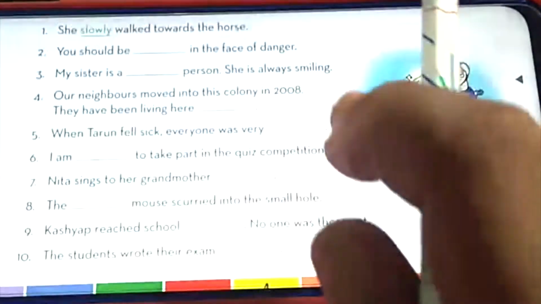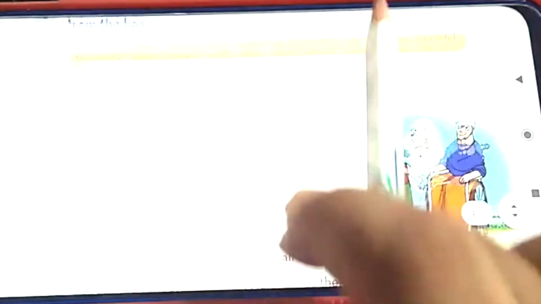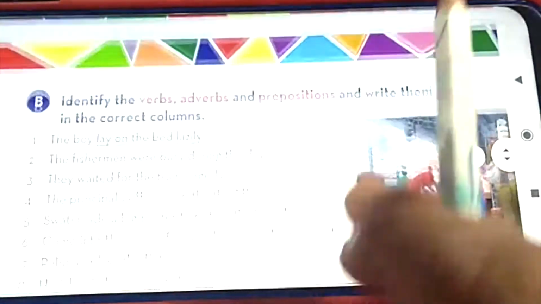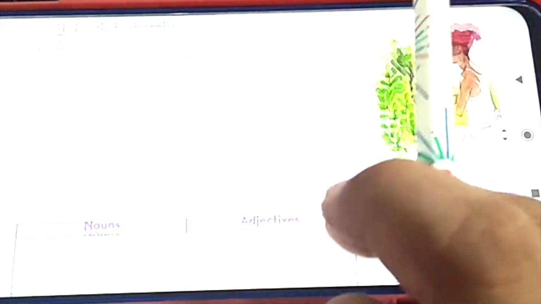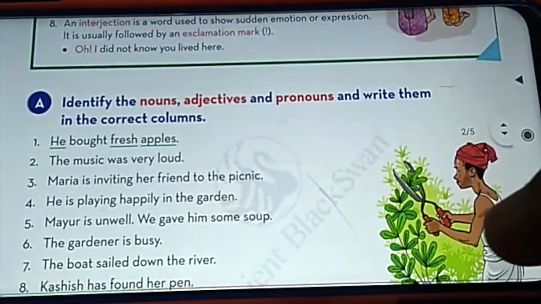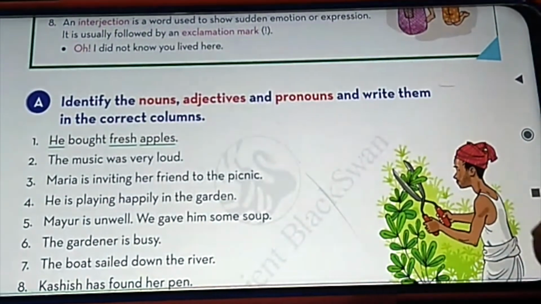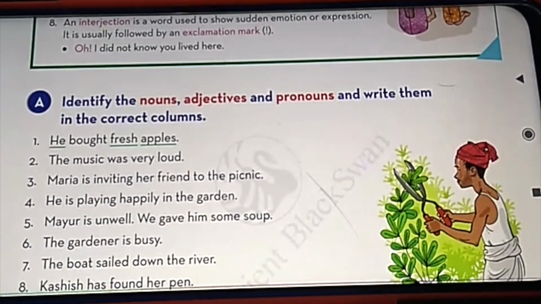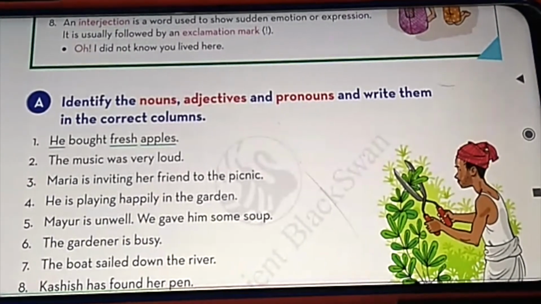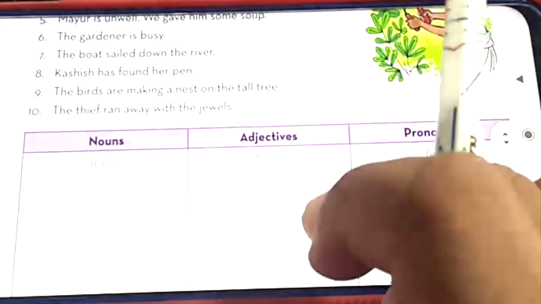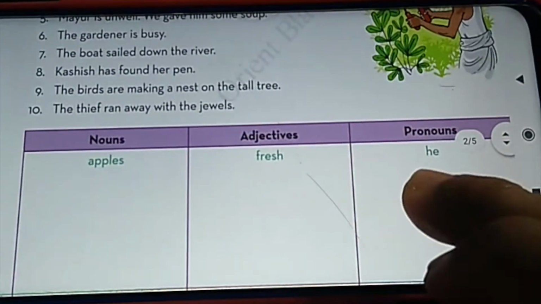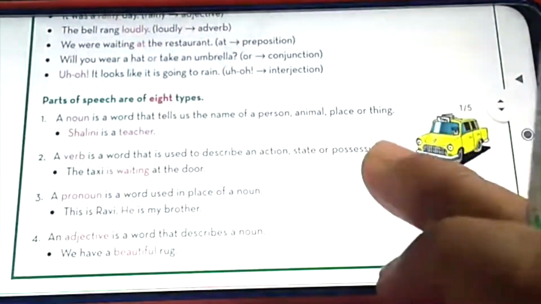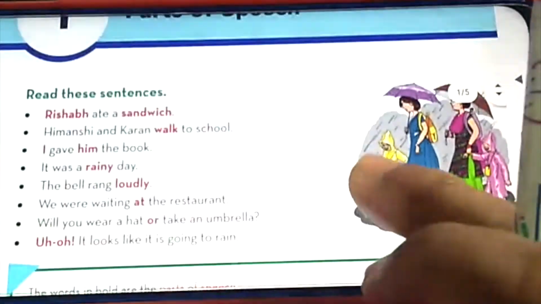Okay, so till now we have completed number D, number C, number B, and number A. So four questions are already completed. You have to write all the answers in your copy. Wherever a table is to be made, you have to make the table. Okay. So students, in our next video we will see some other exercises and try to solve them.